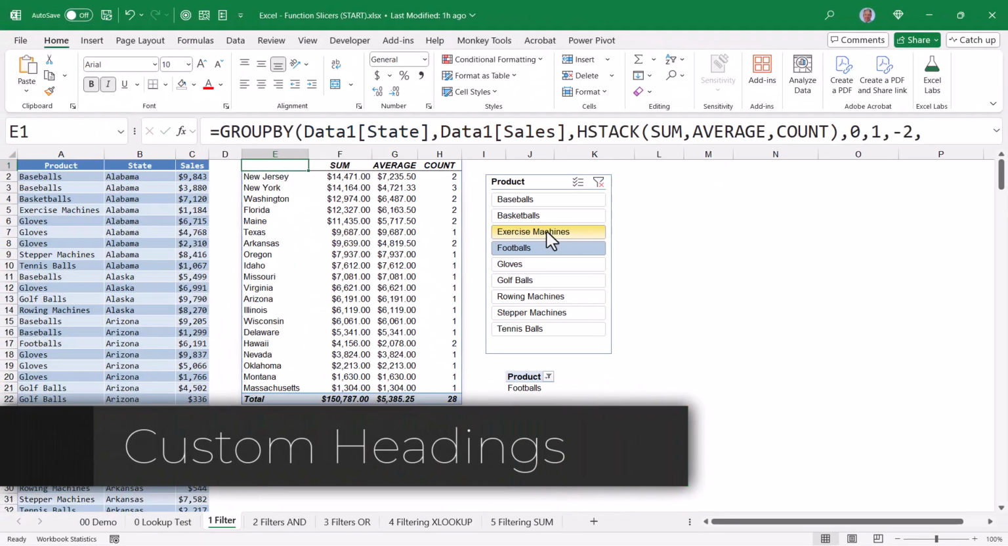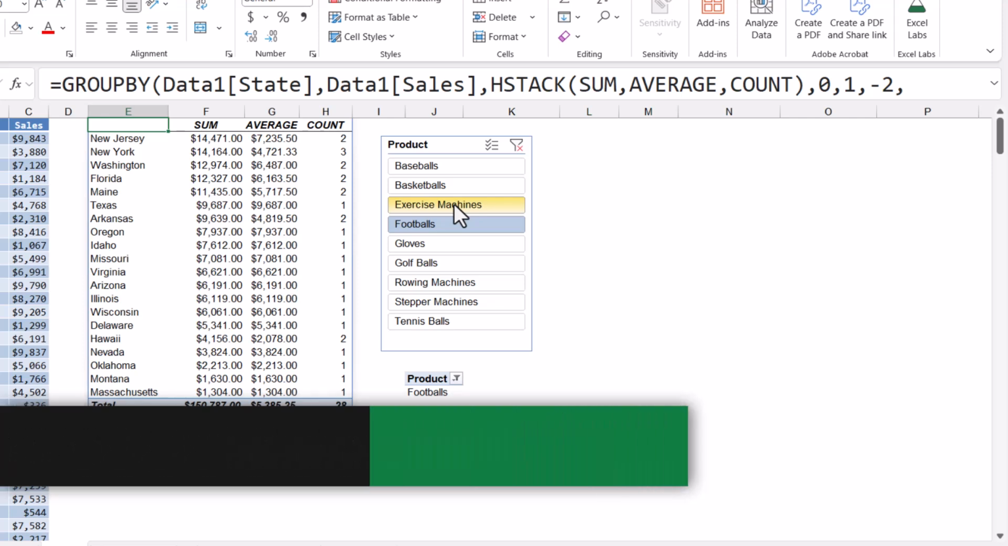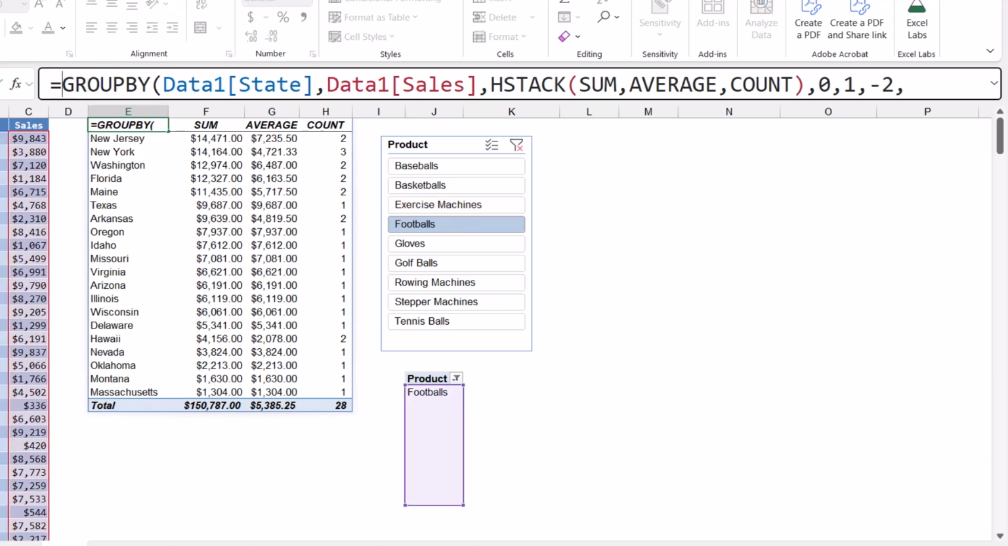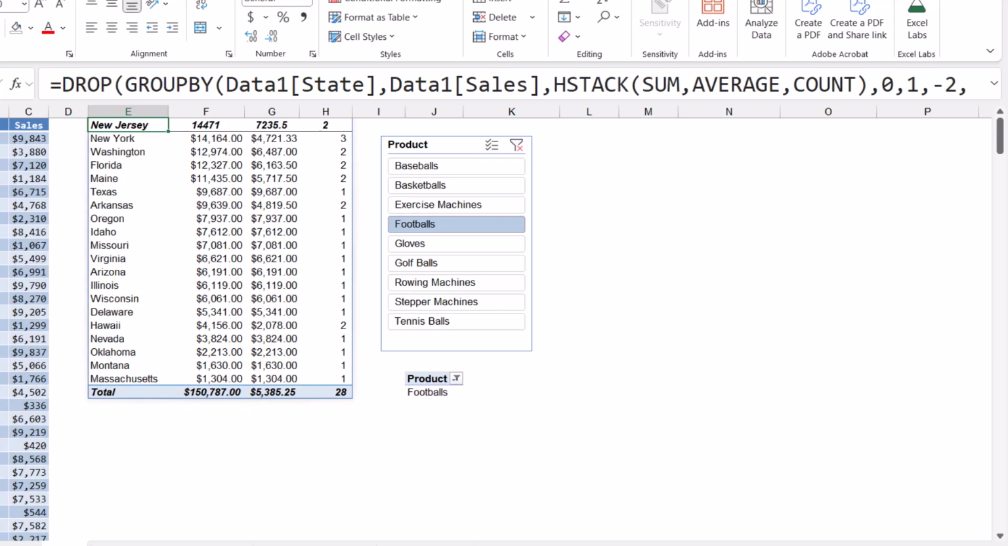Now let's clean up our headings. I don't like the sum, average, count headings. I'd like my own headings. So the first thing we have to do is discard the supplied headings. The way we're going to do that is we'll wrap our group by function in a drop function, and we'll tell it to drop the first row of the table. Close parentheses, enter. But now we're back to the group by, assuming that the first discovered row is the header